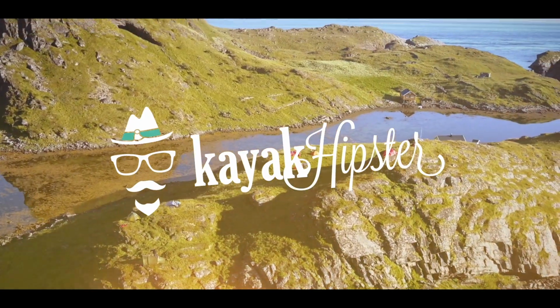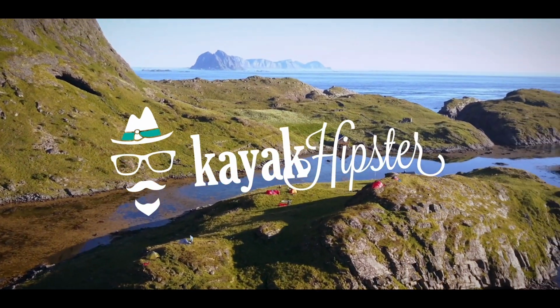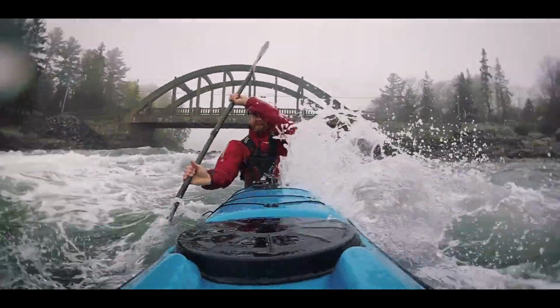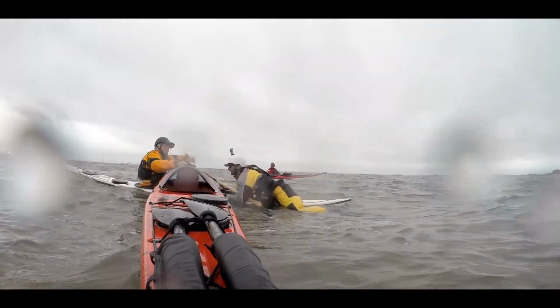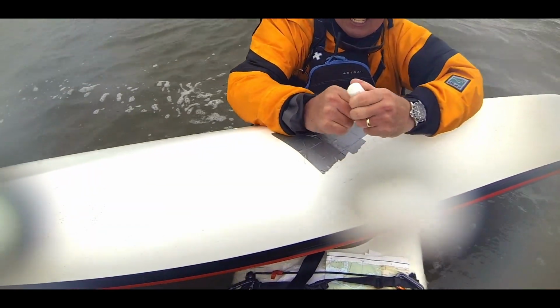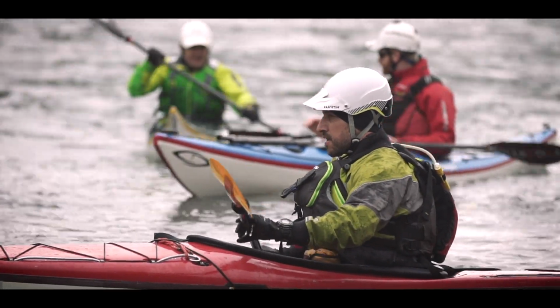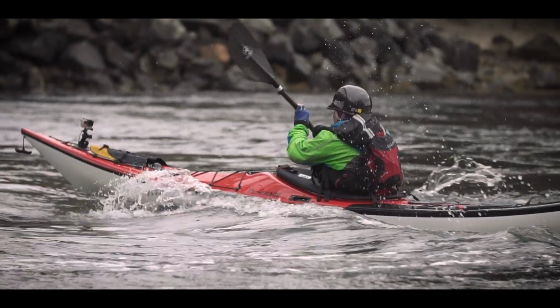So, some ideas on extra and emergency hatch covers. What happens if you lose your hatch during a trip, during a day trip, during a longer trip? Many of my friends and instructors have different ways of tackling this. Usually they'll have some kind of kit in the kayak for all sorts of types of repairs, but for actual hatch covers, they'll usually have something that can act as a backup in case you lose a hatch during a